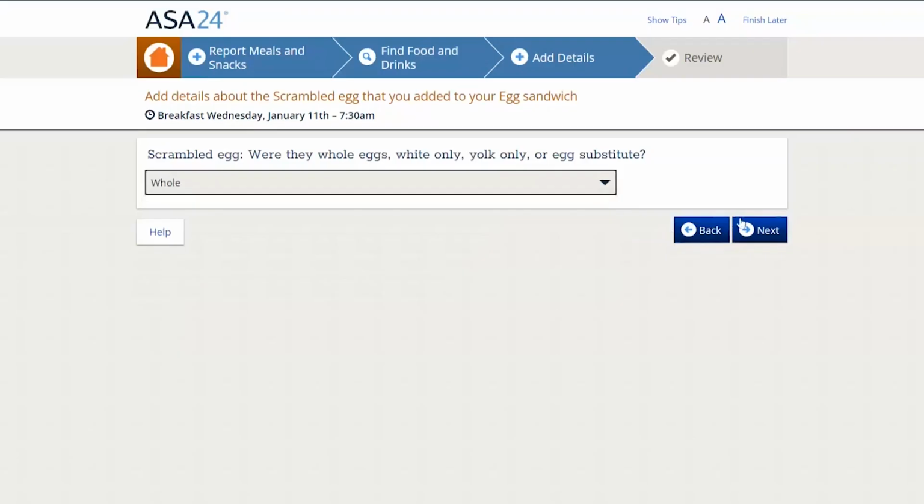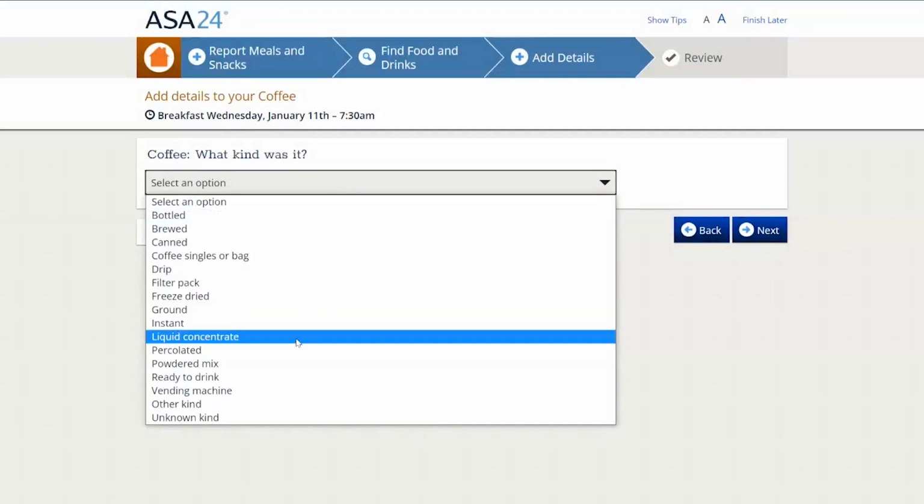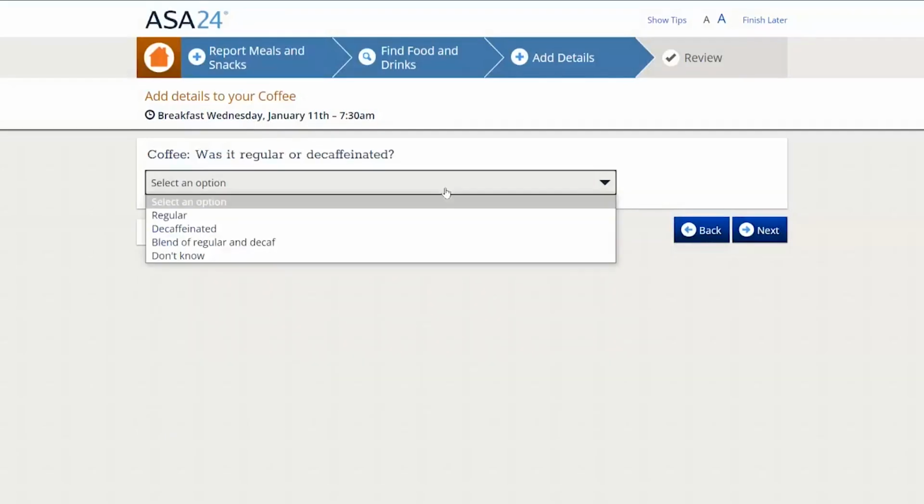The next question with a drop-down menu asks where she got the coffee from. I also add details for the coffee. Again, I purchased coffee beans from the grocery store. She makes her selection. The next question asks what kind of coffee it was. She selects ground. The next question is was it regular or decaffeinated? She selects regular. It was ground coffee, regular,